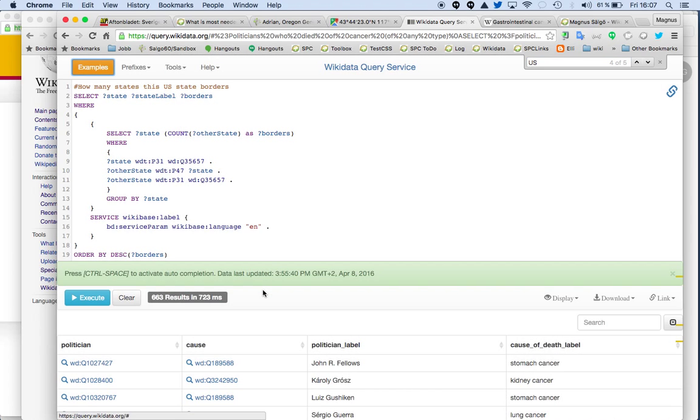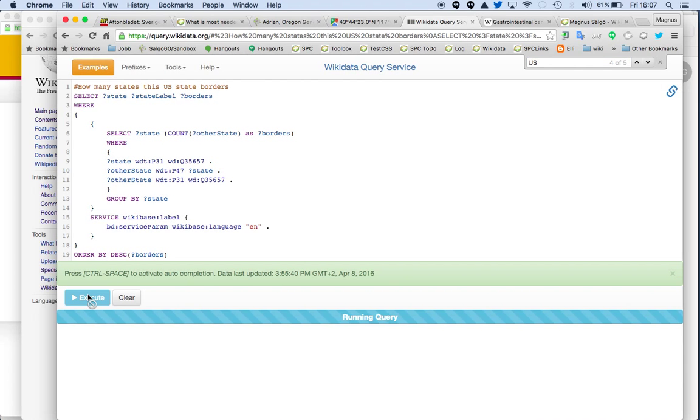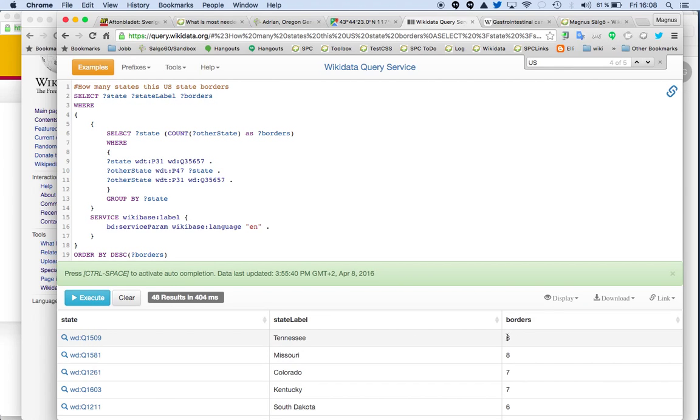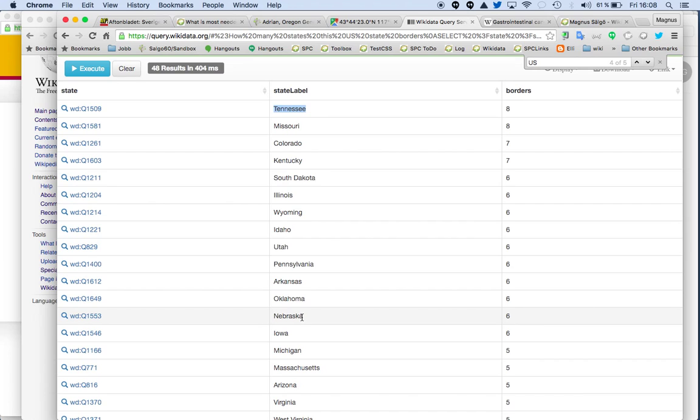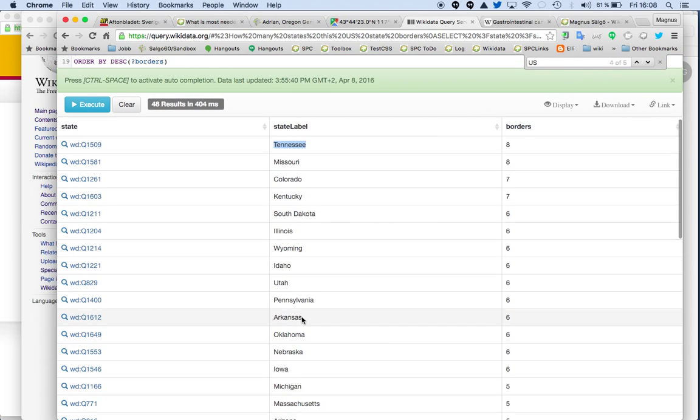How many states border? So that's also a cool question. That means that you can understand that Tennessee has a border to 8 more states. So if we classify someone who is living in Tennessee, we could ask Wikipedia what states it borders to, and do a wider search from that. So that means that we can connect the data, but everything is based upon that we have structured data inside Wikitree,